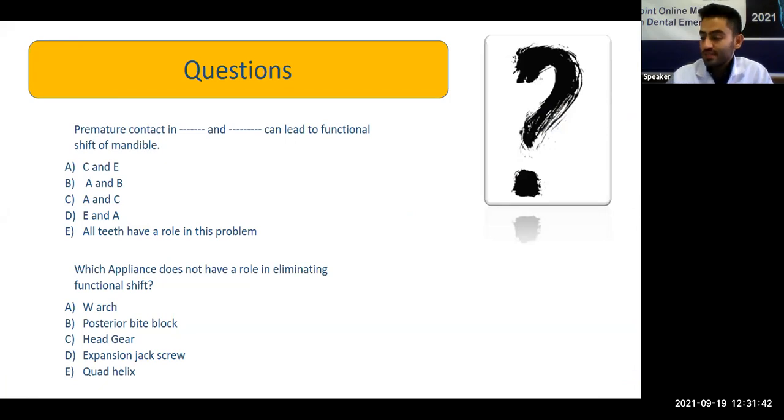At the end of my presentation, I have two simple questions that I expect you to be able to answer, about the lecture that I'm going to give. Stay focused and with a little concentration, I'm sure that you can get the point. The first question is about the premature contact in some teeth that can lead to functional shift of the mandible. And the second one is about the appliances that can have a role in eliminating functional shift and treatment of